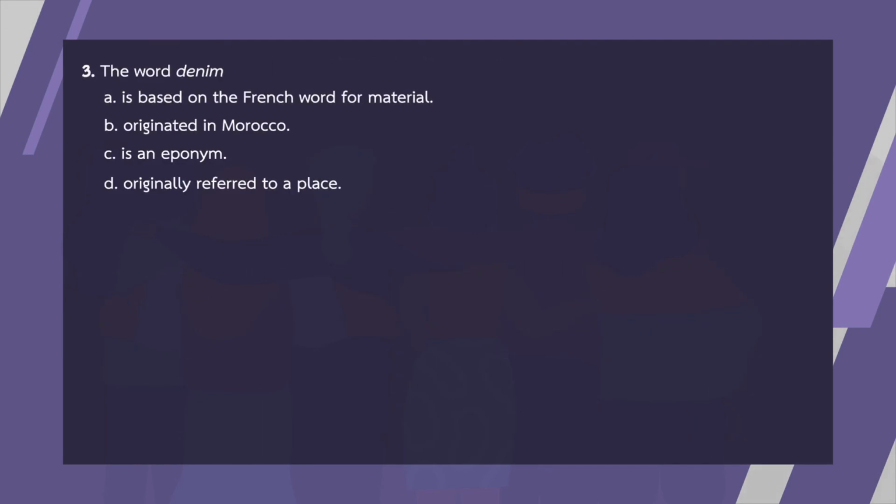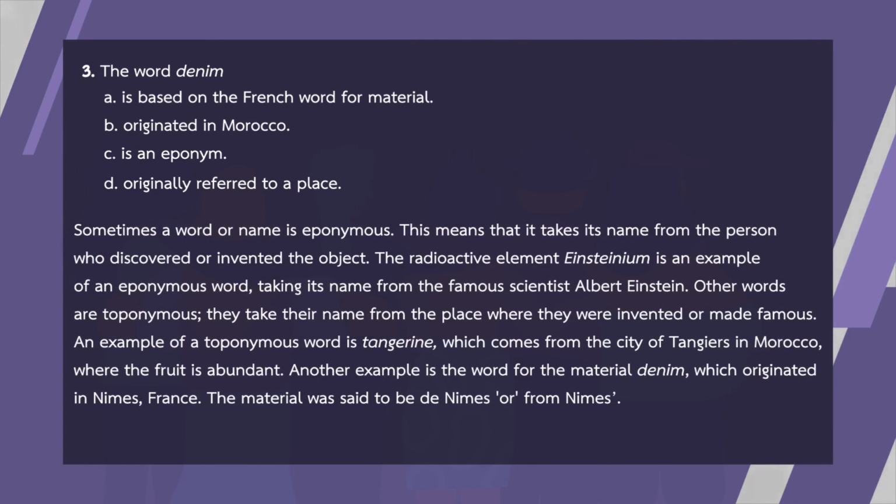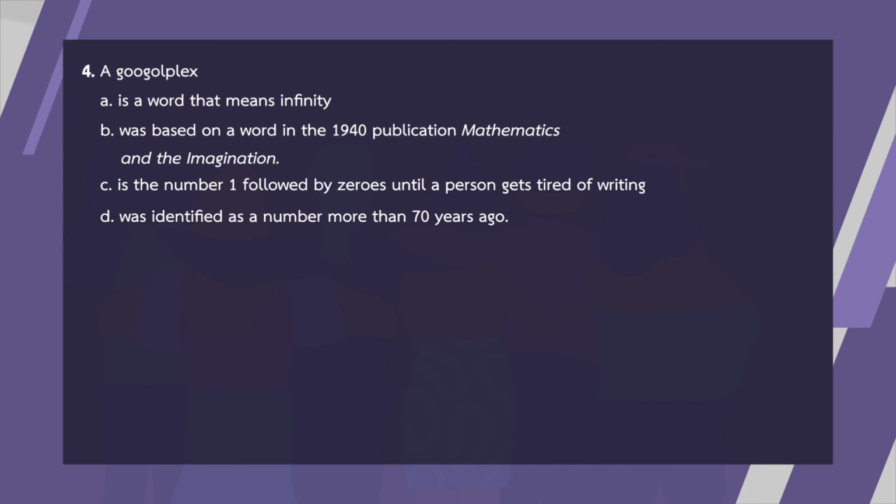Number 3 ค่ะ The word denim ก็ไปหา denim ใน paragraph ค่ะก็อยู่เหมือนเดิมที่เดิมเมื่อกี้เลยนะคะ paragraph เดียวกันมี denim ข้างล่างเห็นไหมคะนี่มาจากอะไรเขาบอกว่า which originated in Nîmes, France เกิดที่เมืองนิมประเทศฝรั่งเศสนะคะก็ตอบได้เลย originally refer to a place the Nîmes นะคะก็คือ from Nîmes นั่นเองนะคะ originally refer to a place